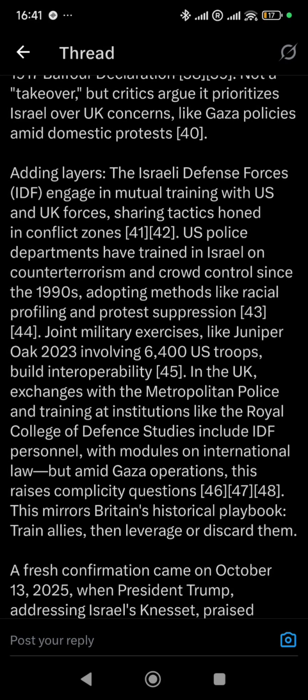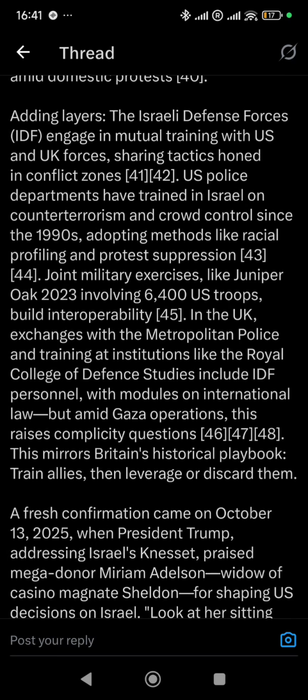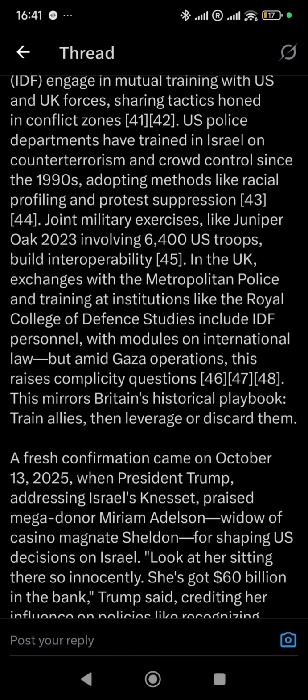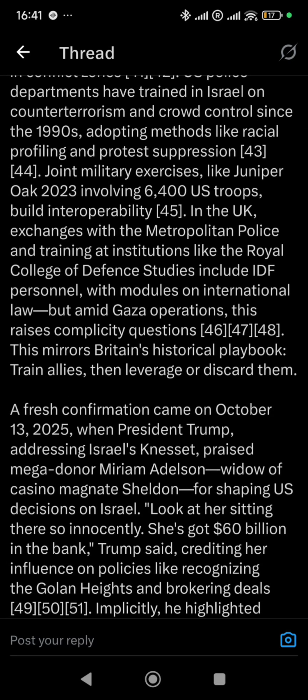Adding layers. The Israeli Defense Forces, IDF or IOF, engage in mutual training with US and UK forces, sharing tactics honed in conflict zones, references 41 and 42. US police departments have trained in Israel on counter-terrorism and crowd control since the 1990s, adopting methods like racial profiling and protest suppression, references 43 and 44. Joint military exercises like Juniper Oak 2023 involving 6,400 US troops built